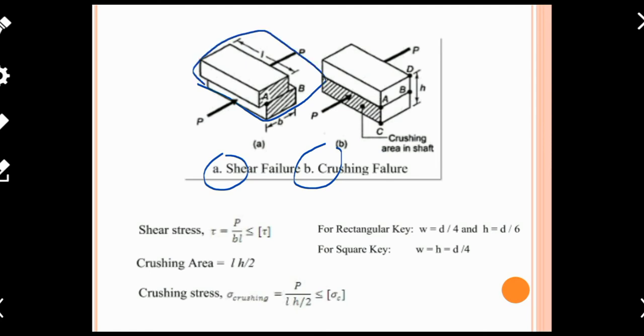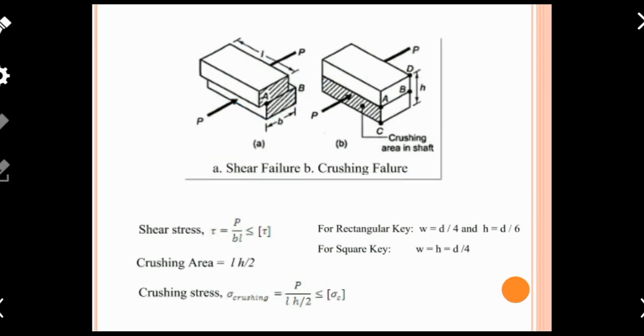So if you are measuring this area, looking carefully, you can see that this failure area is strictly parallel to the external force. So we can say that this is the area of shear failure, because in my previous video lecture on the chapter stress and strain, we discussed many types of stresses, especially shear stress and its failure area. Whenever you find a failure area which is parallel to the external force, of course the failure will be shear failure. The same condition applies here. So we can say that figure A is shear failure.